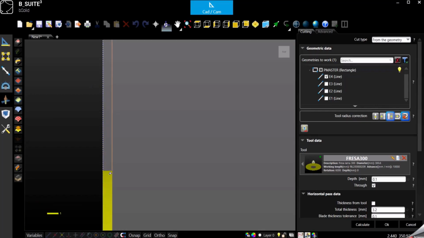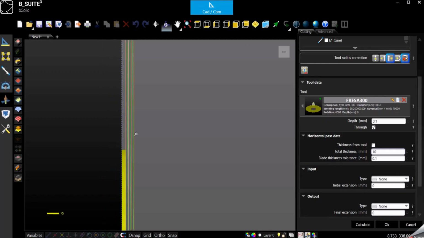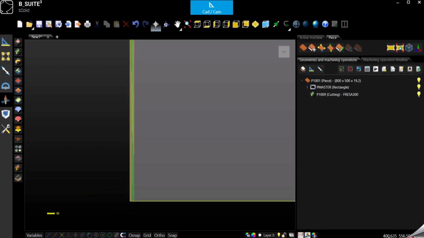We can see now it's gonna leave just the width of the blade, but if I change this one, the total thickness, like, I don't know, I want 10 millimeters, the software will automatically add repetitions in order to give me a 10 millimeter wide grooving. So if we confirm and we see the simulation,